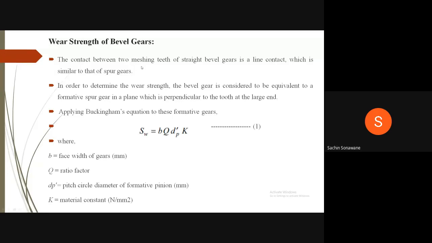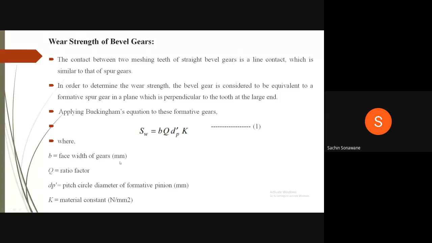The contact between two meshing teeth of straight bevel gears is a line contact, which is similar to that of spur gears. In order to determine the wear strength, the bevel gear is considered to be equivalent to a formative spur gear in a plane which is perpendicular to the tooth at the large end. Therefore, applying Buckingham's equation to these formative gears, Sw = B Q dP' K, equation 1, where B